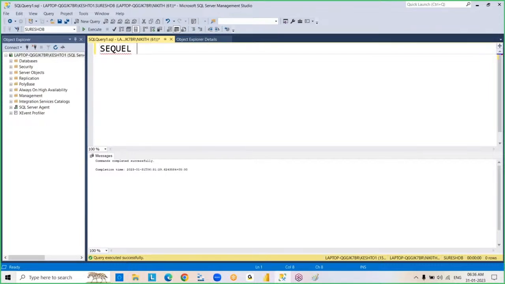So in the same way, this SQL language contains some sublanguages. DDL, data definition language. DML, data manipulation language. DRL, data retrieval language. TCL, transaction control language. And DCL, data control language. So your important one is